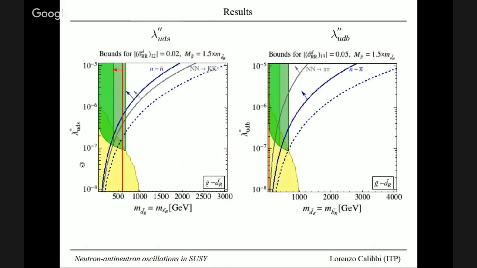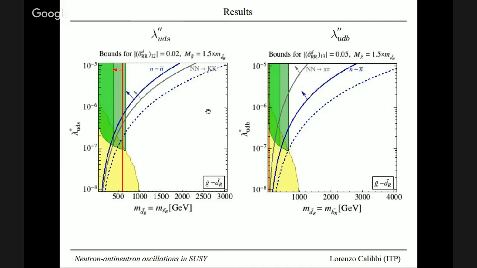Here we can see the same thing. Here I'm simply plotting the coupling versus the squark mass. So when the coupling is low, this LHC constraint dominates, while if you raise this baryon number violating coupling, of course, then baryon number violating observables give the dominant constraints, and as you can see, they can really already exclude up to 2 TeV or so